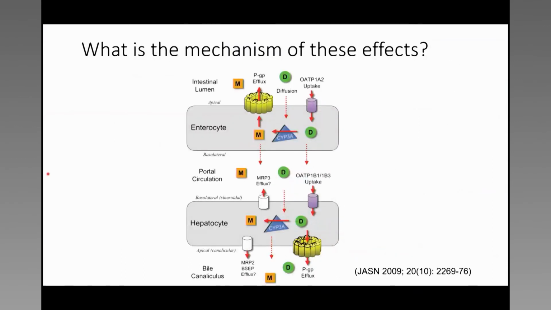And the mechanisms of this, as I mentioned before, we're thinking about this is the lumen of the intestine, and that's the enterocyte. So drugs can enter the enterocyte either through diffusion or active uptake via a transporter. Once in the enterocyte, it can be metabolized, or it can be extruded by the PGP, or it can then enter the circulation. So these processes contribute to bioavailability. Here in the portal circulation, they can be taken up by the hepatocyte through a transporter, and then within the hepatocyte, there can be metabolism where they can then be effluxed, or they can be excreted into the biliary